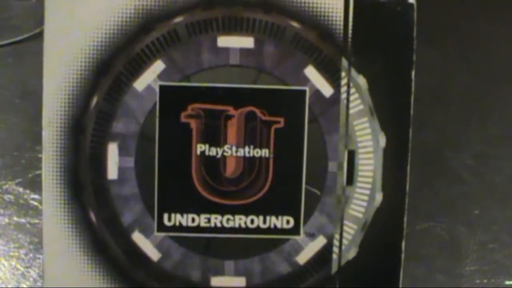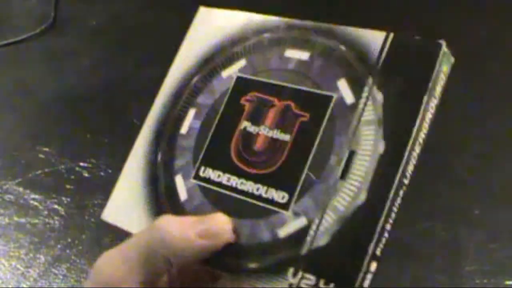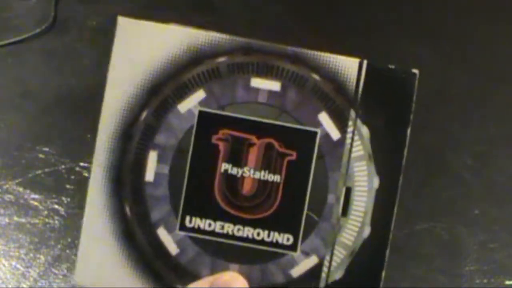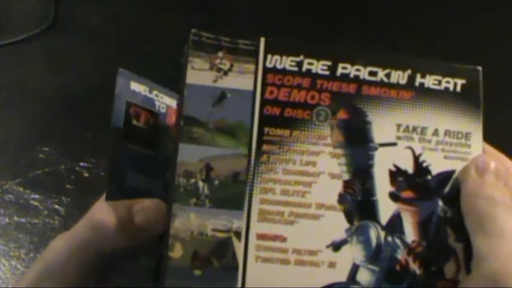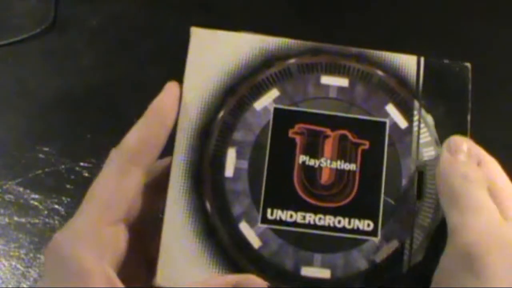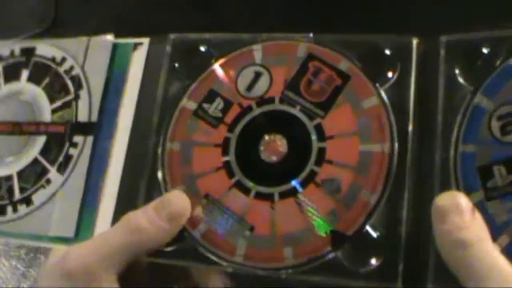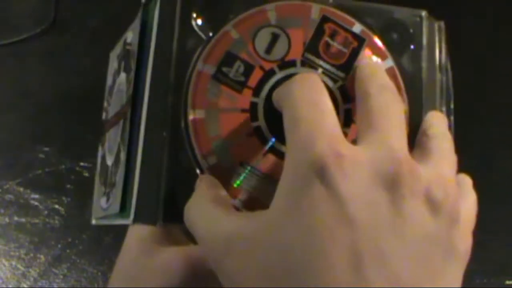A couple of weeks ago I picked up this PlayStation Underground disc, and it's really a glimpse into the past. I wanted to show you guys just how cool this little disc was. As you know, when you opened it, it comes with all this cool stuff in here. You got all the manuals and it tells you what it is and what it does. And this is the Christmas version of the disc. So I think it was Christmas of '97. I can't remember. But as you can see, disc 1